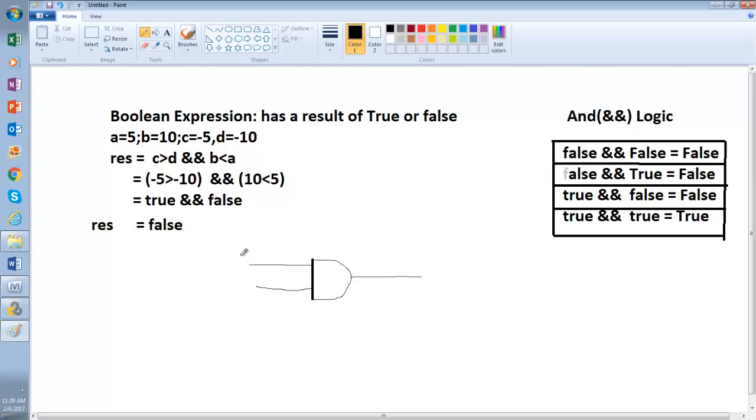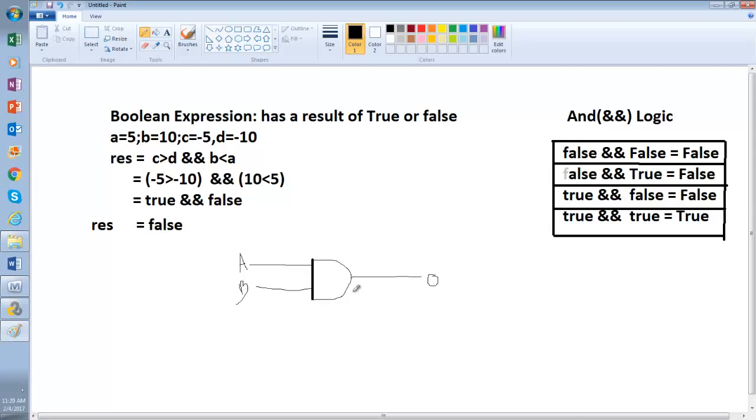Let's say input A, input B, and this is the output. If you put true here, this is an AND gate. If both of the inputs are true, then your output is true. If any of the inputs is false, the output is false.